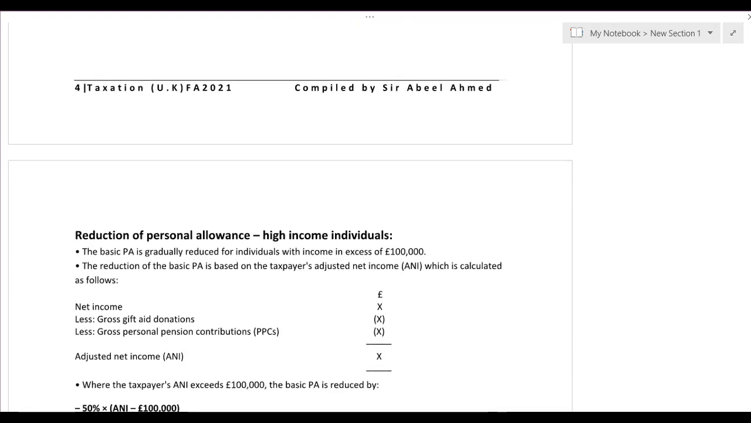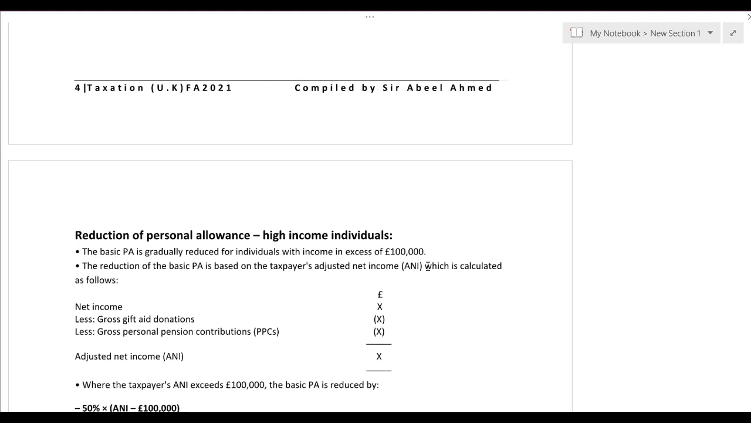Now let us discuss this one concept, that is reduction in personal allowance. We know how to calculate income tax liability. When we are going to calculate tax, first we need to tax non-saving income, then saving, and finally we go for dividend. Every individual in the UK gets a personal allowance of